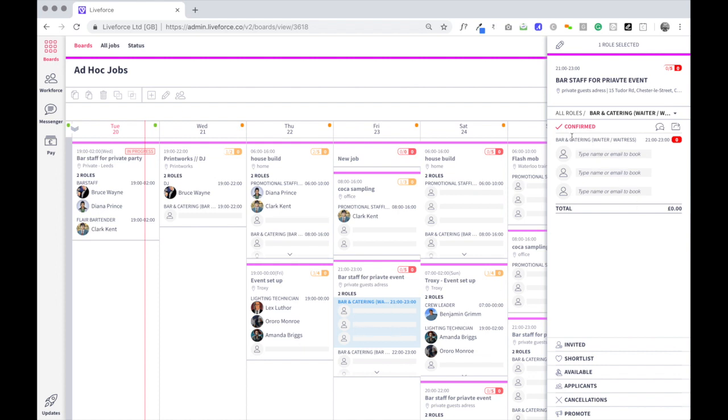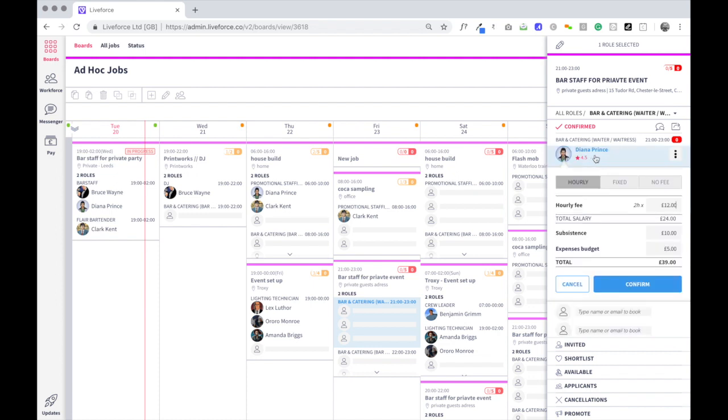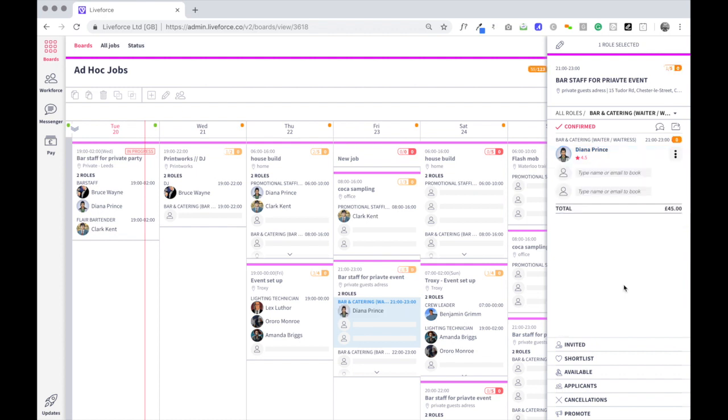So the first thing is, I might have had a chat with some staff that were in the office or on the phone, and they said, I really want to work on that bar staff event. Can you book me onto it? I'm definitely available, want to work. Fine. So all I do in that case is go ahead and book that person automatically onto that job. And again here, you might have agreed slightly different rates with people, so you can adjust that there and go ahead and confirm it. And you'll see we've then booked Diana on this job,